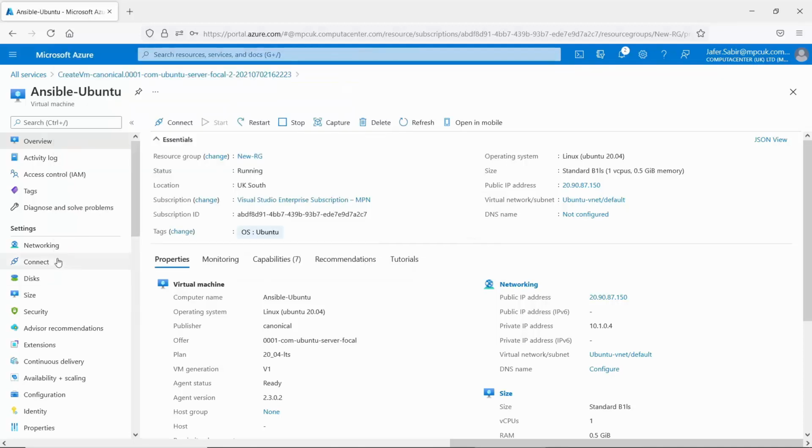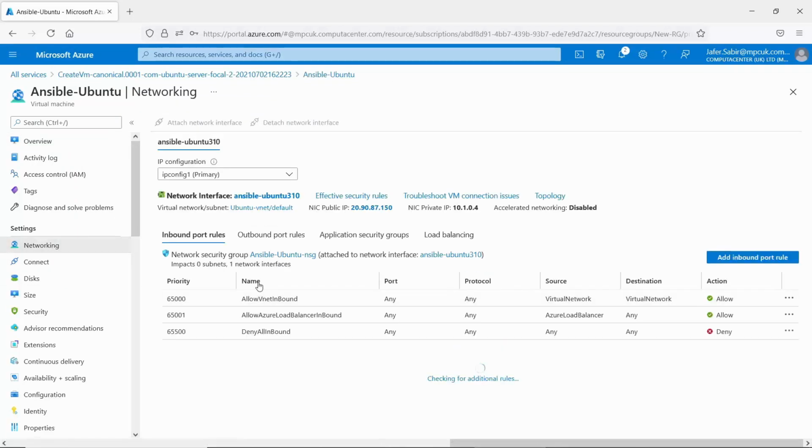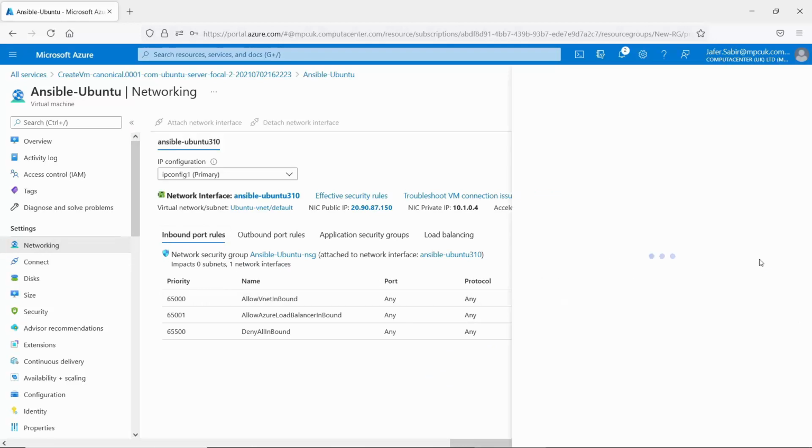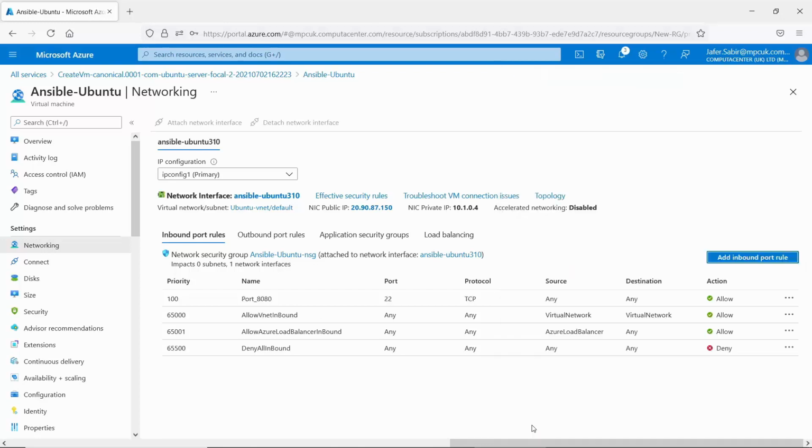If we go to networking, any ports within the network security groups. So looking at inbound port rules, we can allow an inbound port on port 22 from here. So let's go with source any, since we are just testing. Source port ranges, leave it as any. Let's specify the port as port 22, TCP, and let's add that. So we can see that now it's been created at the top, and we can see port 22 on TCP